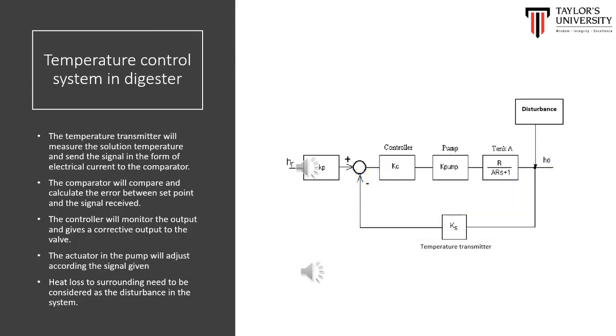The controller will monitor the output and give a corrective output to the valve. The actuator in the pump will adjust accordingly the signal given. The disturbance in this system needs to be considered because of the heat loss to the